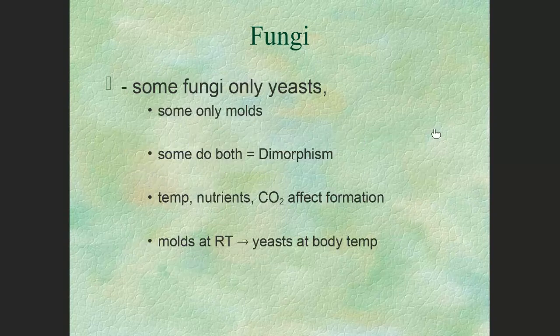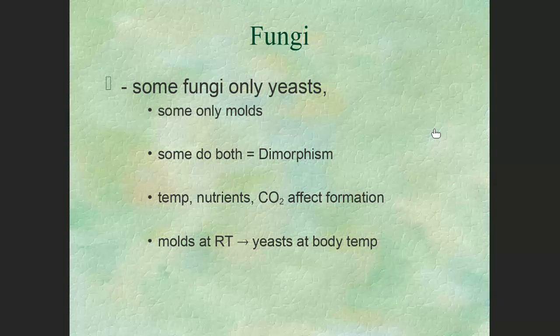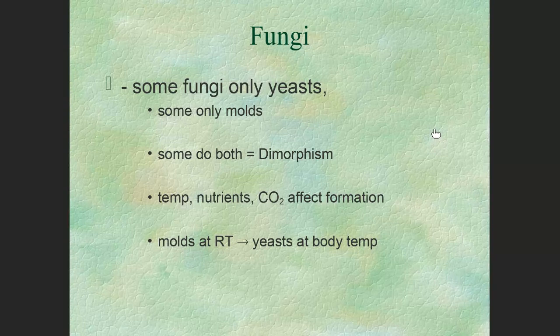Now, there are some fungi that exist only as a yeast, some fungi that exist only as a mold, and there are certain fungi that can actually be both, a yeast or a mold. We call these dimorphic fungi. So they exhibit dimorphism, two shapes. What determines whether they're a yeast or a mold are environmental conditions like temperature, nutrient availability, CO2